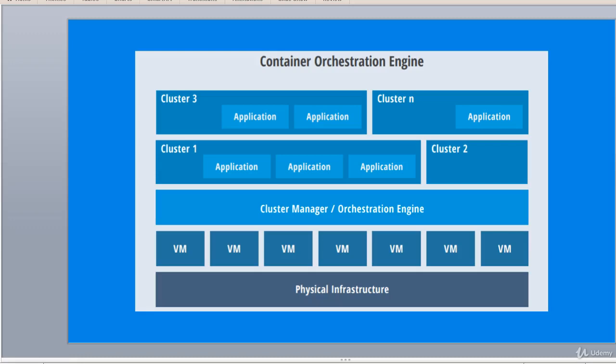Now let's take a moment and let's talk about Kubernetes architecture. Coming on to Kubernetes architecture,